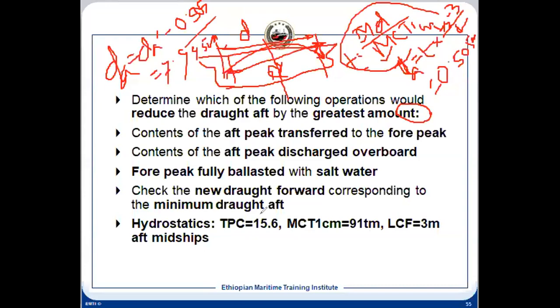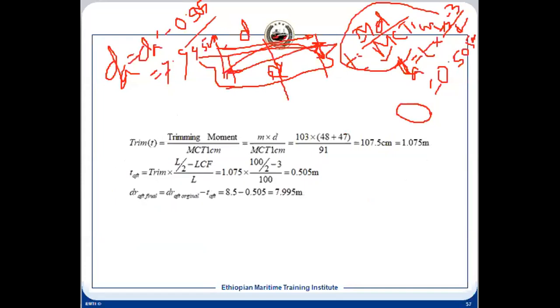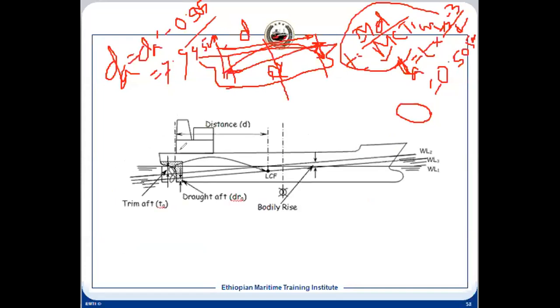So next one, it will be same like we have seen, step 1, step 2, step 3. In this case, we will transfer to the LCF and then remove. So what we'll do in that case, second case, this is the first case what we have done. Second case, we'll be shifting to LCF and from LCF we'll be removing. So once we shift to LCF, there is a trimming moment. This is the trimming moment multiplied by this mass.